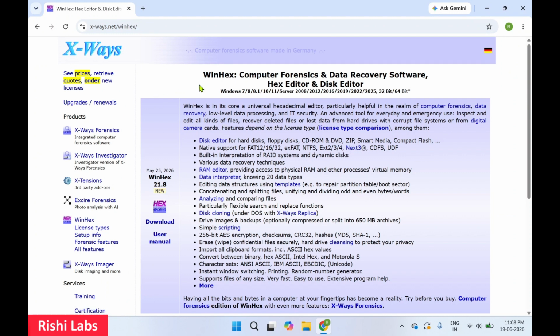Okay, so this software is a computer forensic software made in Germany. WinHex is a computer forensics and data recovery software. It also provides a hex editor and disk editor. Over here we are going to click on the download. It also provides a user manual. It is a paid and professional software. If you click on this link,